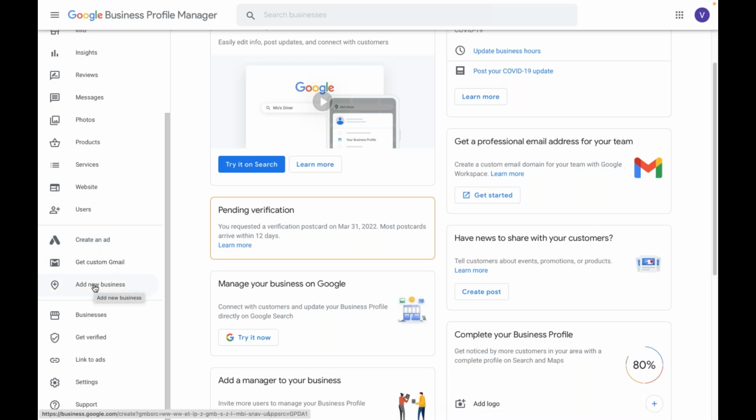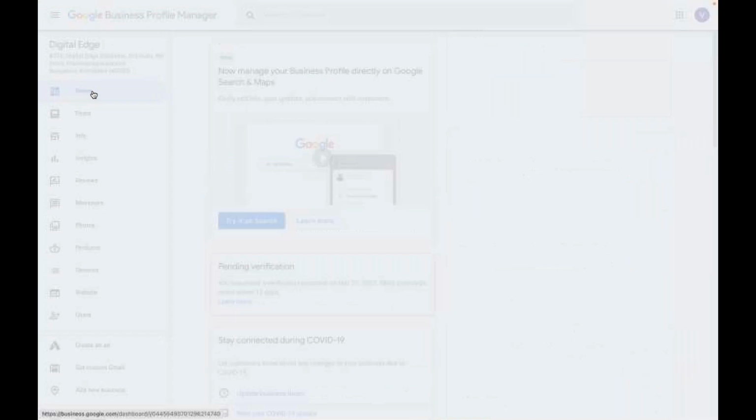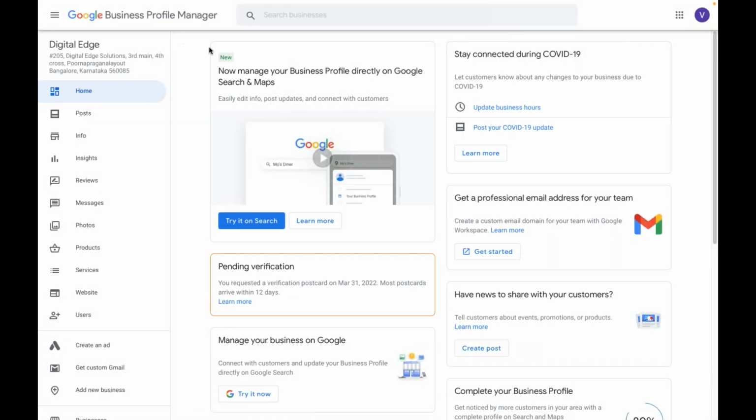So you can have multiple business under the same account. And the next tab you see there is businesses. You can manage and make changes of the other businesses you have, get verified, link to ads. So you can link your Google business to Google Ads, settings and support. So starting from this is your home page, and here it's asking you about business hours and